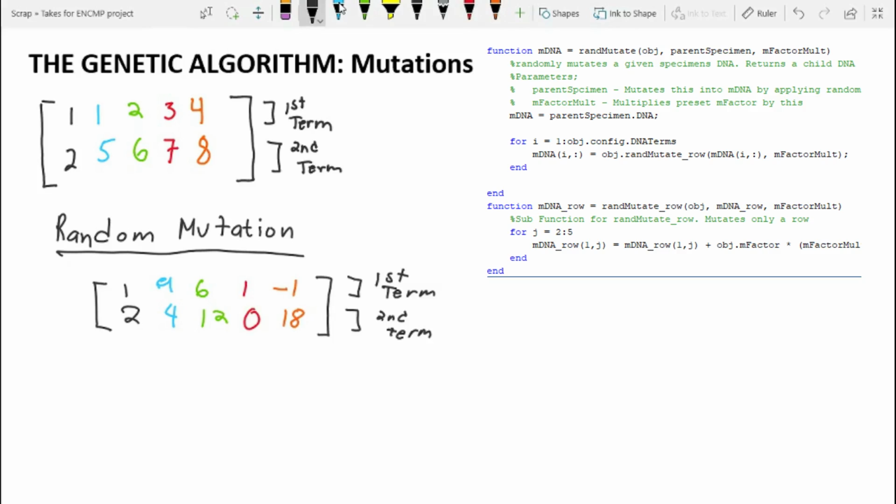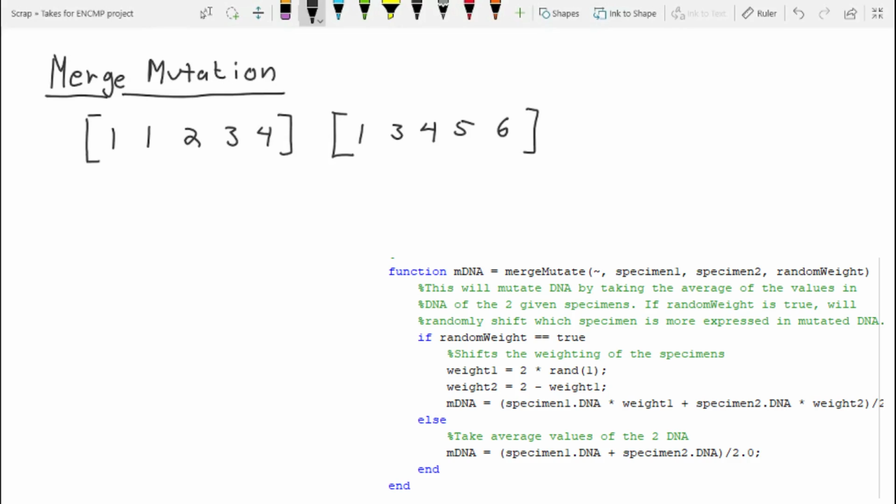As you can see, there is no specific pattern in the matrix. The next mutation type is the merge mutation. Merge mutation will basically take one row of a DNA matrix, add it to another row of a DNA matrix, and then take the average of both. It should be noted that the program will only add rows together if their degree, that is, the number in the first column, is the same for both rows. If these 2 matrices were used in merge mutation, the output would be